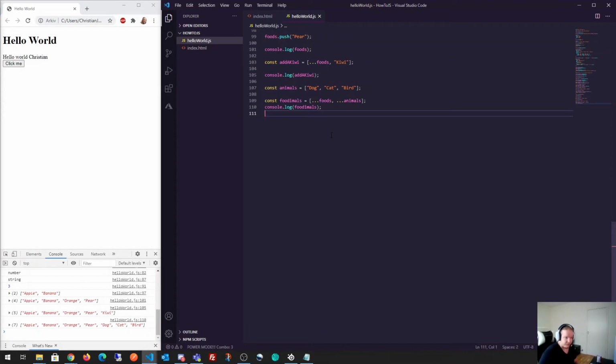And there are mainly two methods we use for iterating over arrays, and they're called the forEach method and the map method, and they have a little bit different usages, where the forEach method is basically used for iterating over an array and then performing an operation on each item in the array,